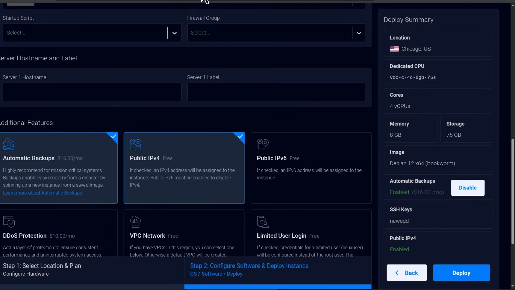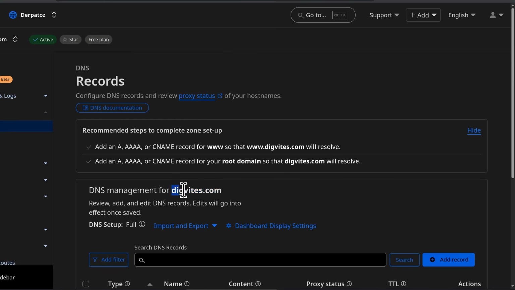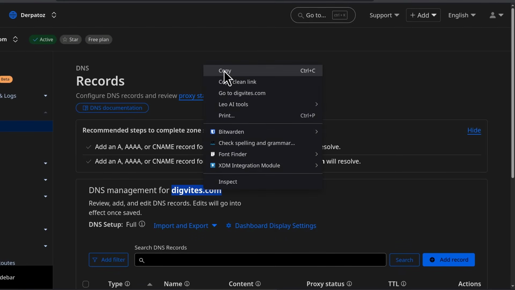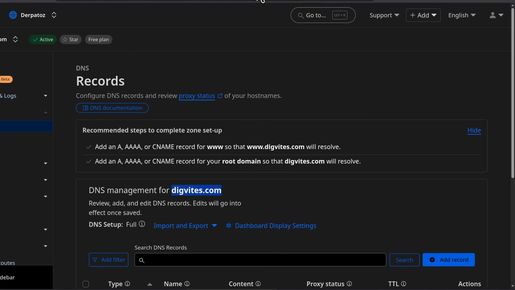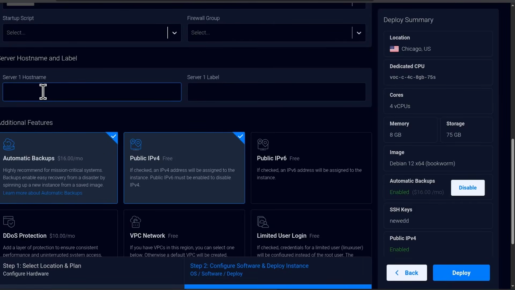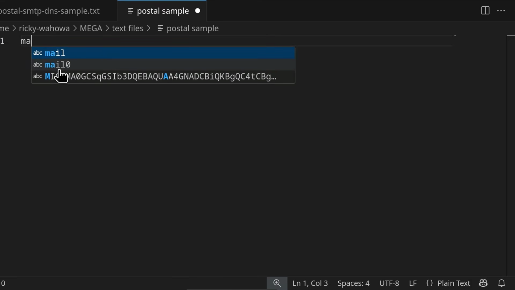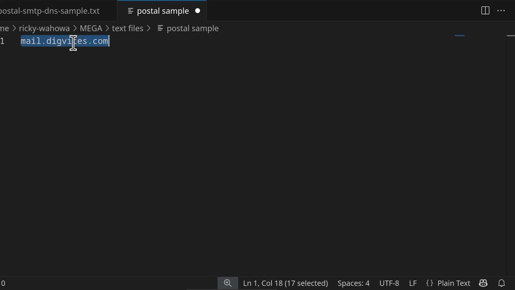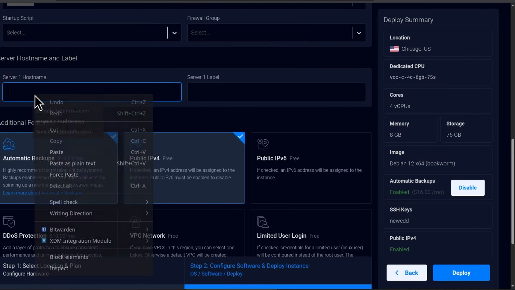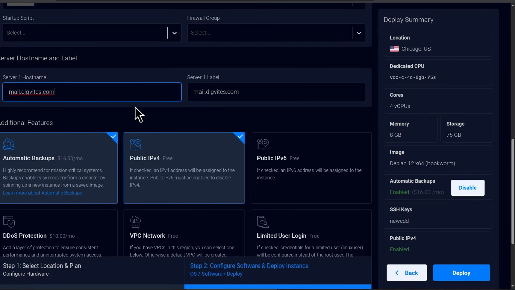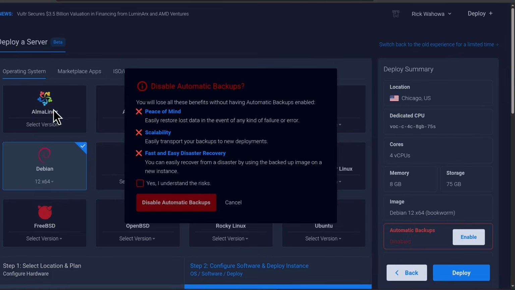Server host name. I'm going to use this domain on Cloudflare for all demonstrations. So let me use this, and most importantly, I want to add this here as a host name, and the reason I'll add it is because it's going to automatically set up the host name for me, and I can use that. For all the mail servers, I'm going to use something like mail.dat. Okay, so this will be my main host name. So I'm going to copy that and then bring it back to Vultr, and I'm going to add it there as my host name. Since this is a demonstration, I can disable automatic backups.